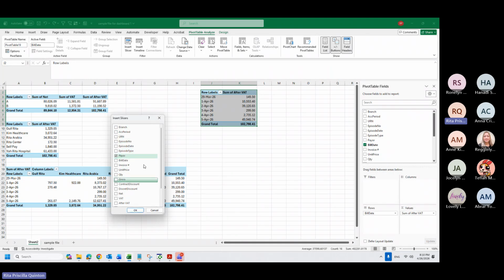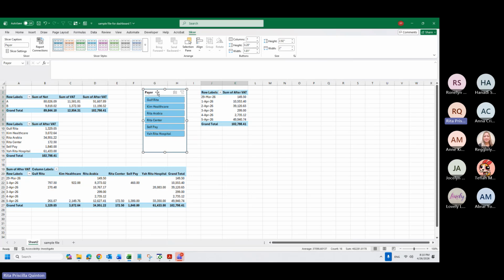The system is asking what you want to filter your data with. For me, I want to filter by the payer, so I will click payer. And from here, let's say I want to see only Galfrita, then I will click Galfrita. If I want to see all, I will just select this.